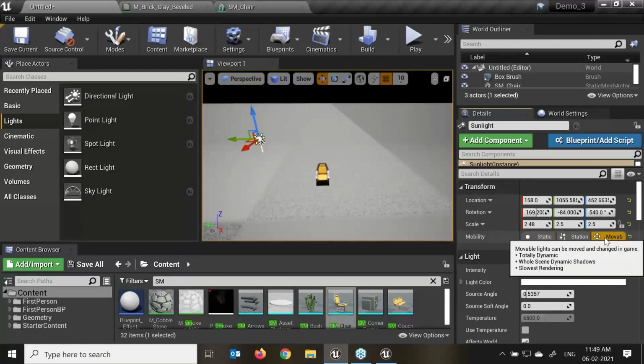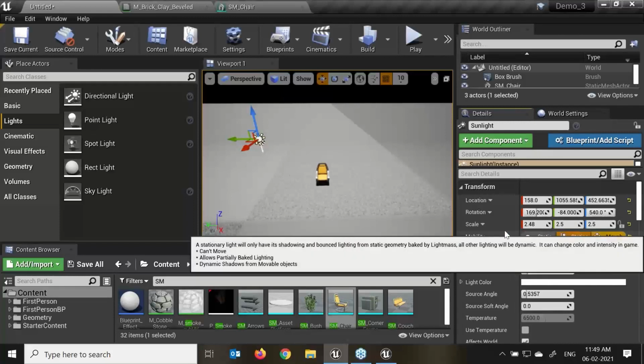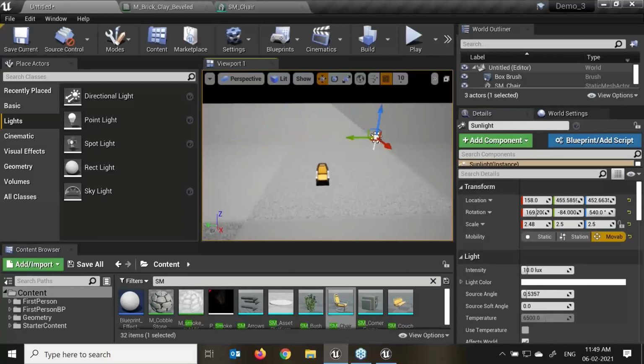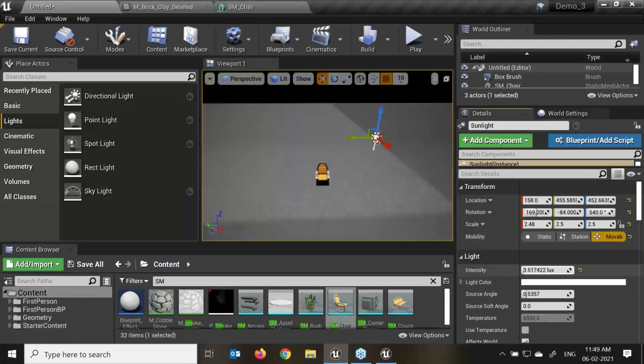Now movable light means the light is totally dynamic. When I'm moving my light over here, the shadow, brightness, and intensity will be animated. I can do that with movable. This is the slowest in terms of rendering, but allows for the most flexibility during gameplay. So if I require my light to be locked to the character, I need to select that light and put it into movable. Okay, so first in the directional light, we have the intensity over here. This shows how much color, brightness, and darkness we require.